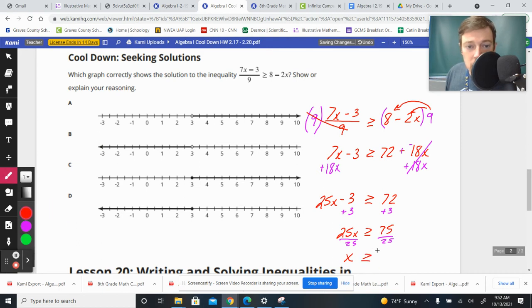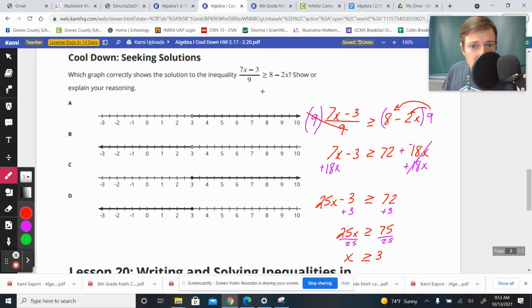The part that this question really wants you to be able to do as well is know which side to shade. When you get down at the end, you might be thinking, oh, it just tells me x is greater than 3. Well, that only works if the alligator doesn't change his mind during the process of the solving. Sometimes he'll flip around if you multiply or divide by a negative. And if you weren't keeping track of what you did to both sides and you didn't realize that it flipped, you could make a mistake there. So it's a good practice to pick an easy number like 0, plug it in, and see if it makes your